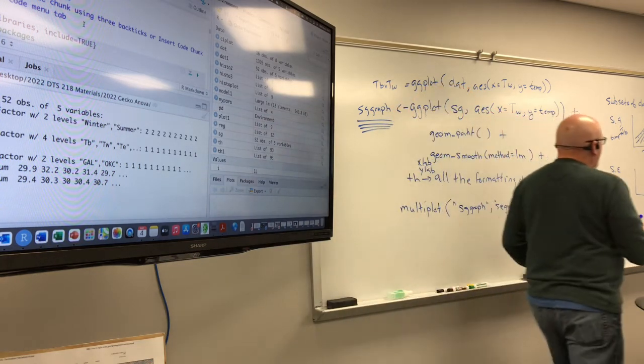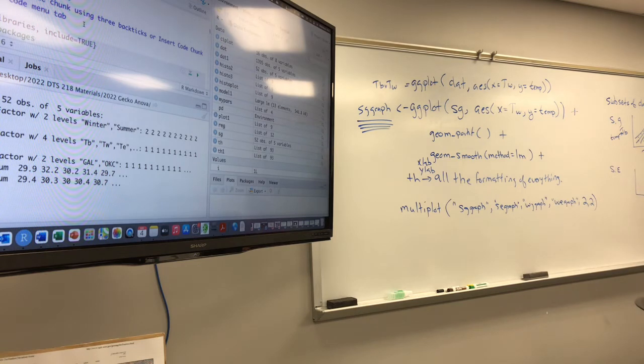That saves it as a graphing code, and then we can do TB versus TW plus facet grid, where we then separate those different subsets of the large data frame into separate graphs. And you could do this a variety of ways. You could facet grid where you are facet gridding with season and population,